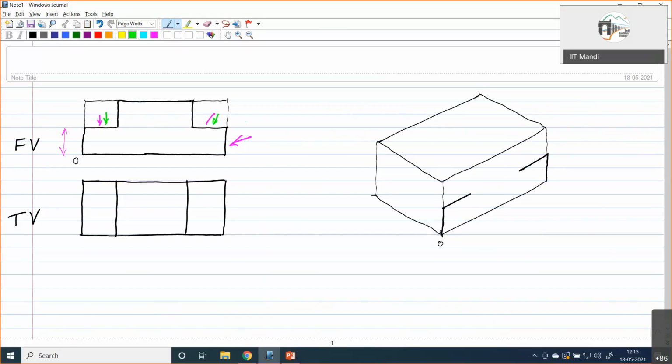Then if we draw this vertical, this vertical, and this top part, the front face will be complete. From here you go along a vertical line, and from here also you go along a vertical line. Then this top part is complete, inclined.